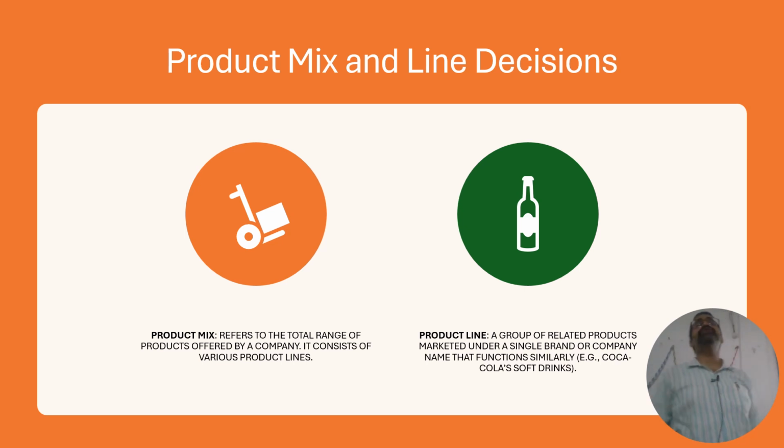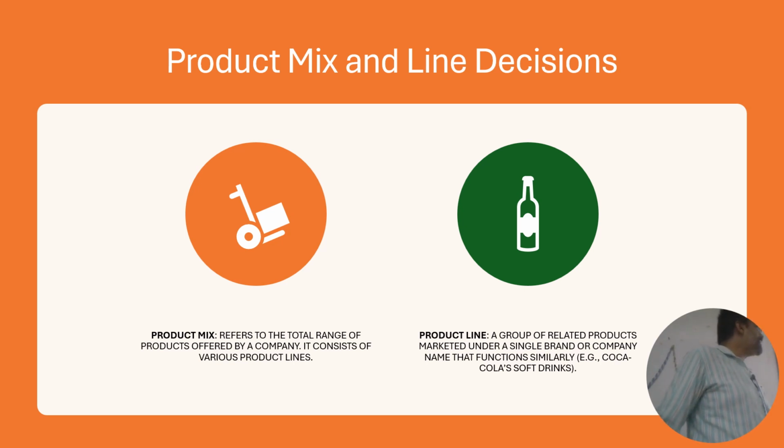For example, some companies offer a bundle. It's a bundle sale. 4 or 5 products are clubbed together, made into a wrapper. They'll be wrapping it and offering it at a lesser price than if you buy them individually. If you buy all of them together, you'll get a discount. That's what we call product mix.